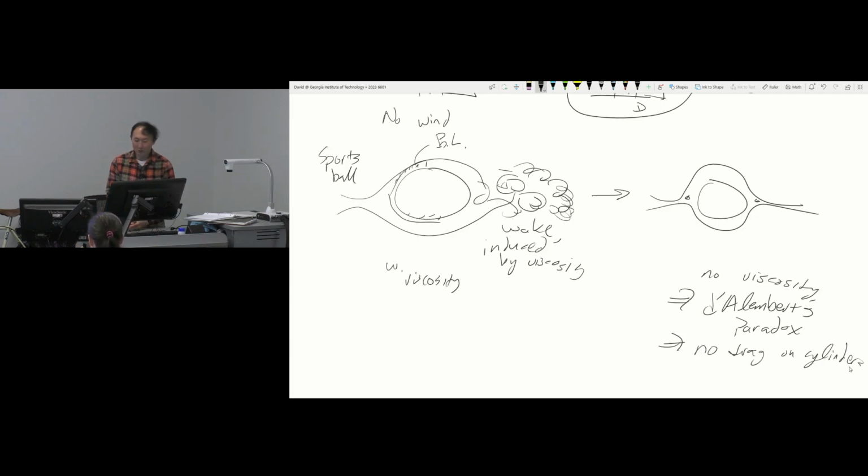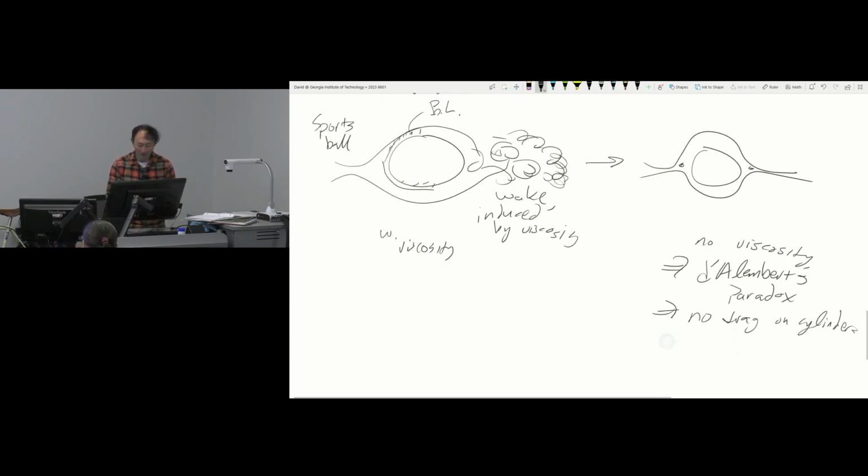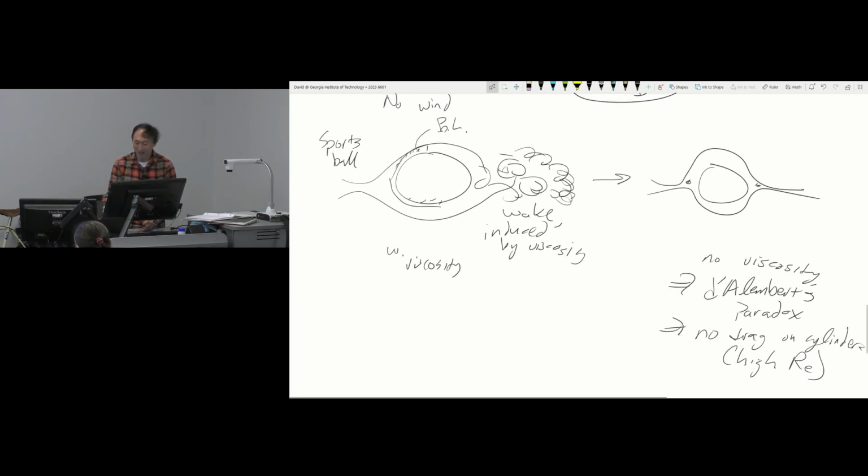And that confused people for a very long time until Prandtl came along. They had this idea of Reynolds number. They said that you have a high Reynolds number, so it seems like viscosity is really negligible. But in actuality, you have to look at the length scale that you're talking about. And then Prandtl,